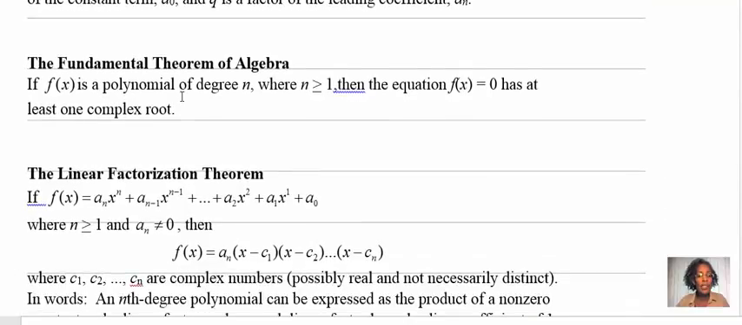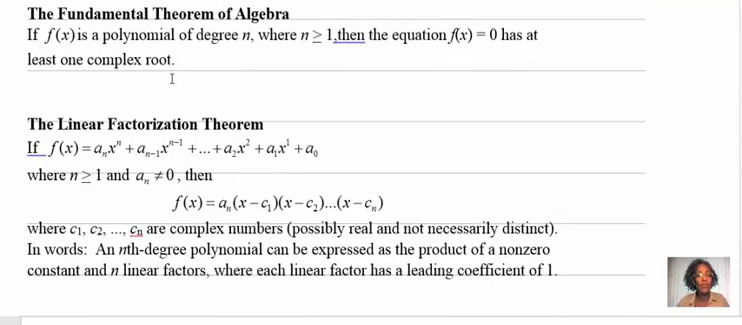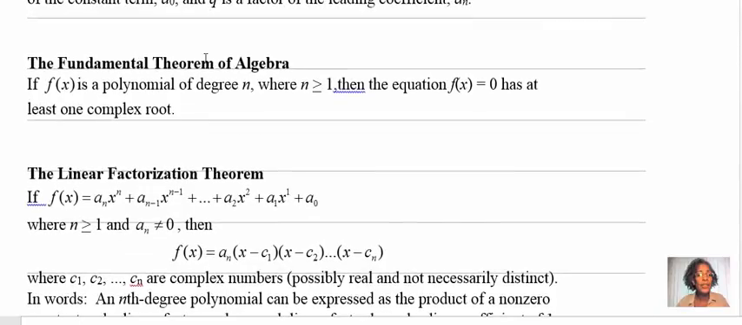The next important theorem in this section is the fundamental theorem of algebra. And that basically says if my polynomial f of x is an nth degree polynomial where n is bigger than or equal to 1, then the equation f of x equals 0 has at least one complex root. So in other words, one solution that's a complex number. And remember, real numbers are complex numbers. They're just a special type of complex number. Then we have the linear